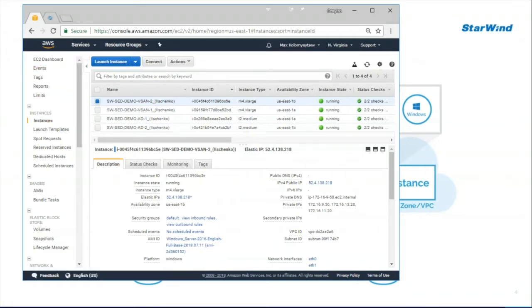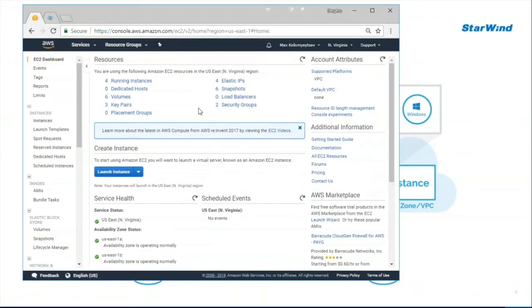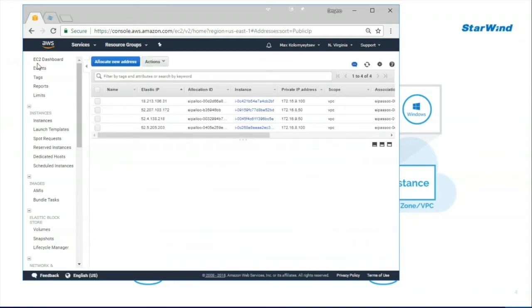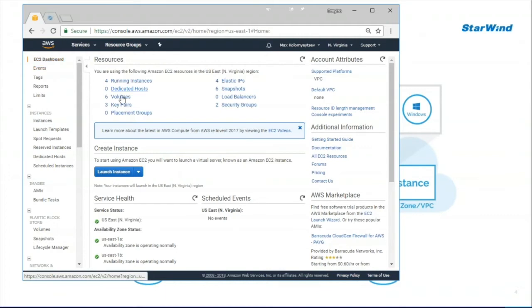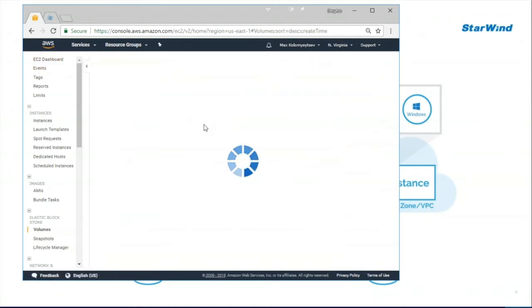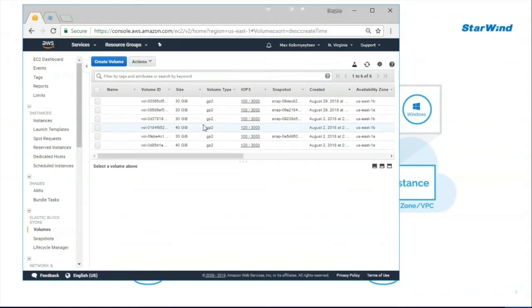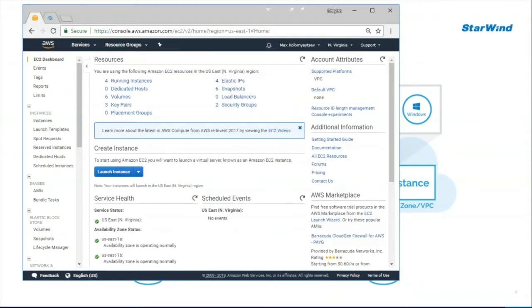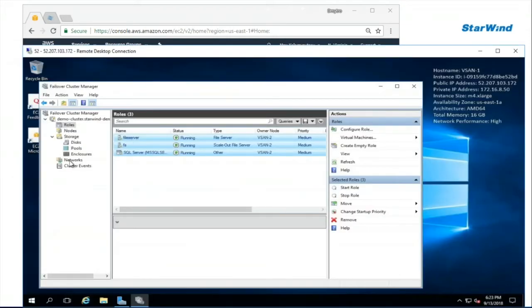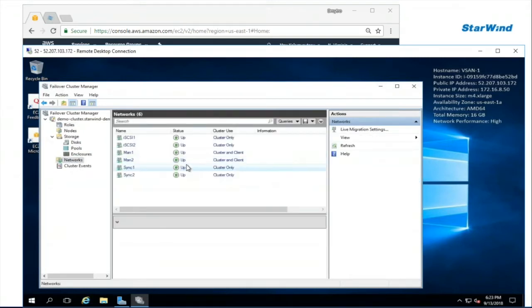With that taken into account, we've also configured elastic IPs for accessing those VMs, of course. And we have 6 volumes associated with those VPCs, and are provisioning the storage of each to replicate in between. Once that's done, we have then configured a failover cluster and utilized the networks and separated the communication in between them, between cluster use and client, just to eliminate any split brain or data rot, and